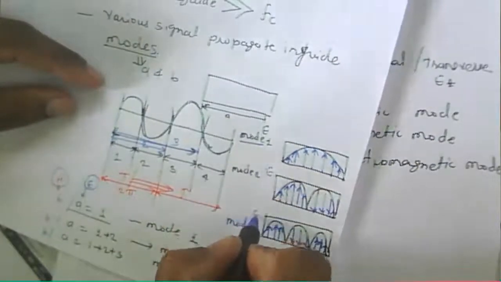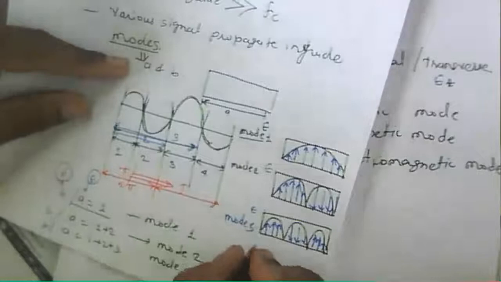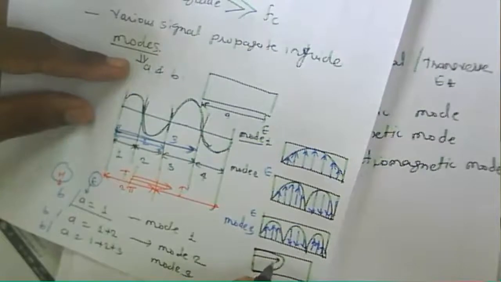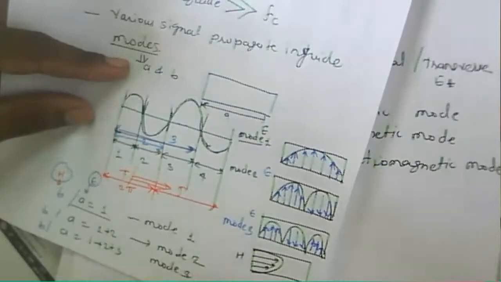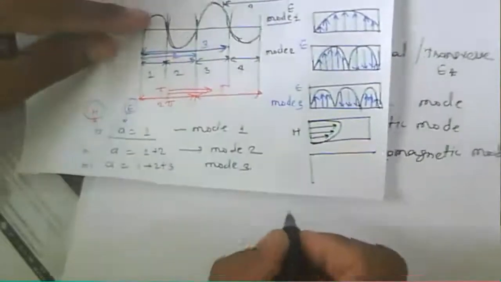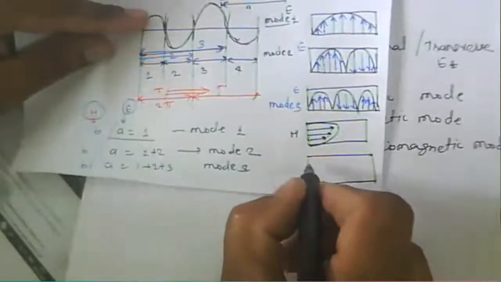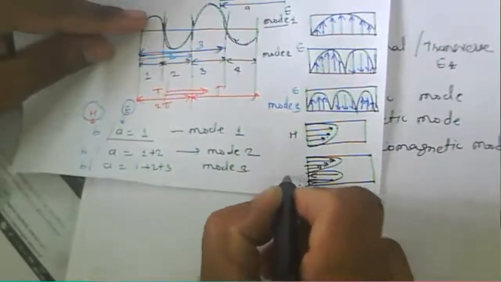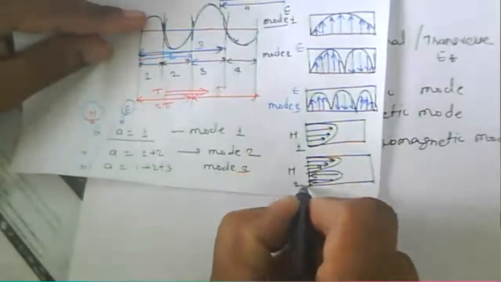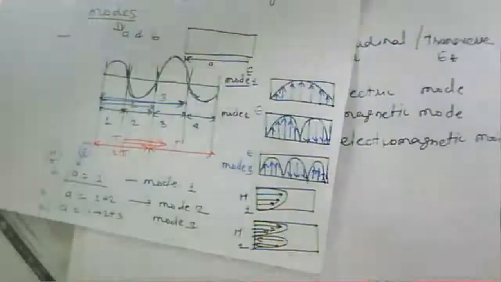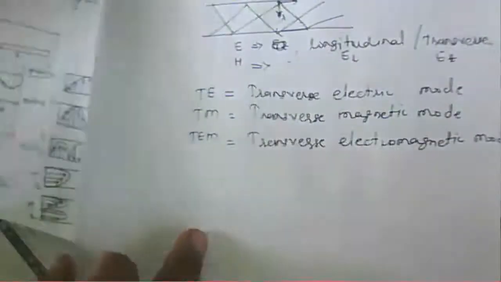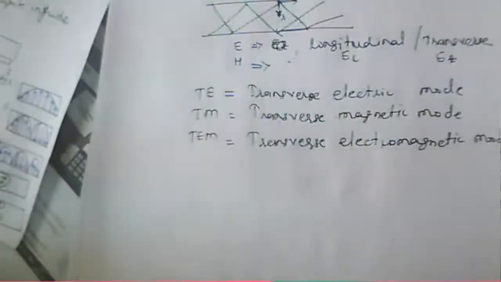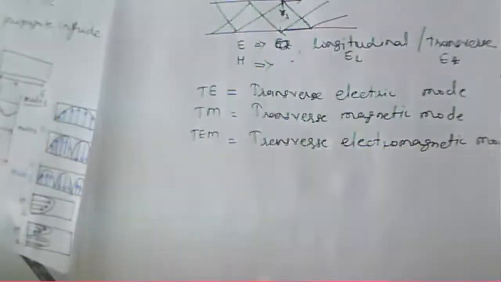So this is in the case of the electric field component. Now similarly for the magnetic field component, if your rectangular waveguide is there, this is the half wave variation 1. This is your magnetic field component. Then if I draw another one, there are two half wave variations, likewise. This is your magnetic field component. So there is mode 1, and this one is mode 2. That is the variation along whatever width, whatever size we have. According to that we get the various modes, called transverse electric mode or transverse magnetic mode.